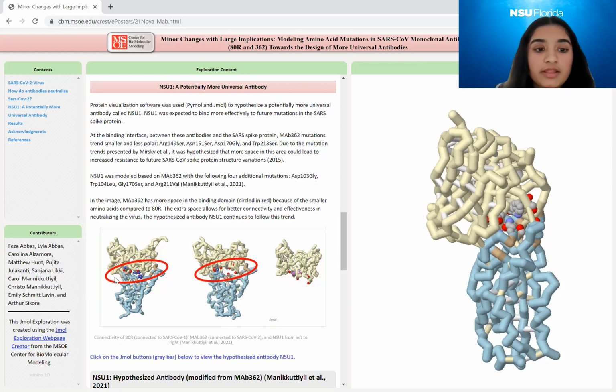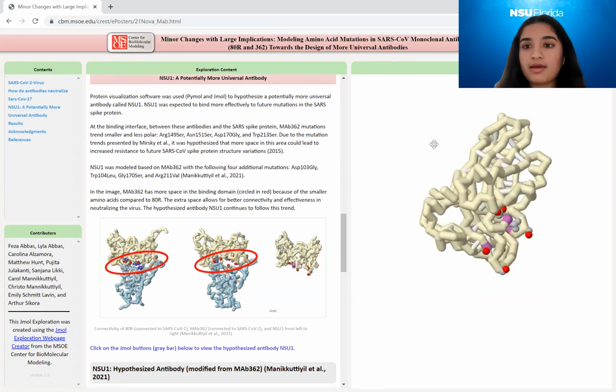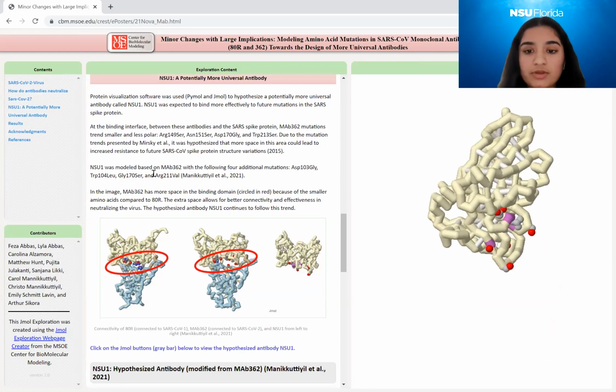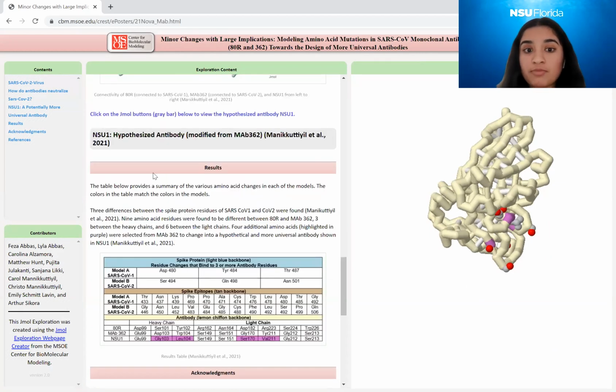And you can see clearly that the binding interface on the left structure is much more crowded than the one in the middle. Using these trends, we proposed 4 additional amino acid changes to create a hypothetical antibody that would be more universally effective among the current and perhaps future variations of the virus. And this is NSU1 that we made with the changes from MAB362. And this is a results table that is color-coded based off of the JMO models and highlights the 4 amino acid changes that we predicted or proposed,